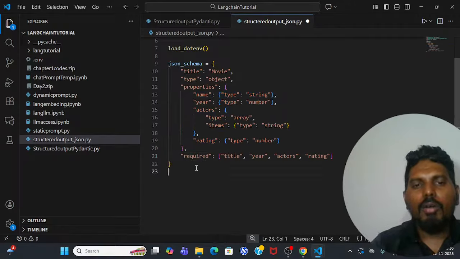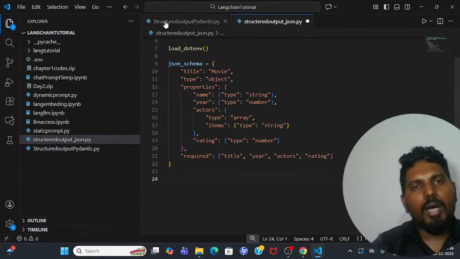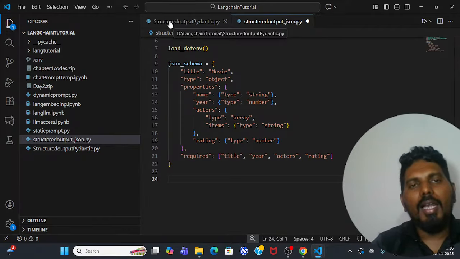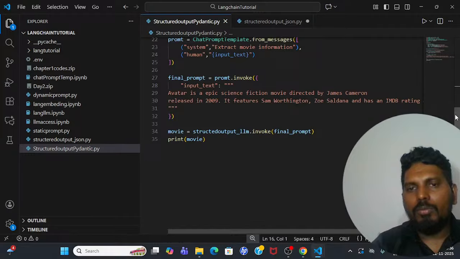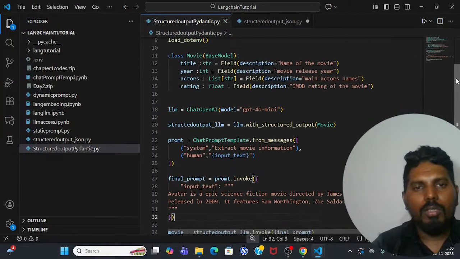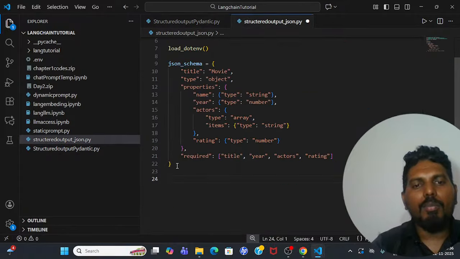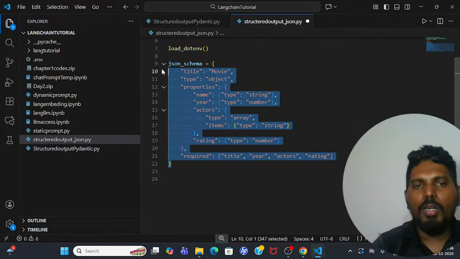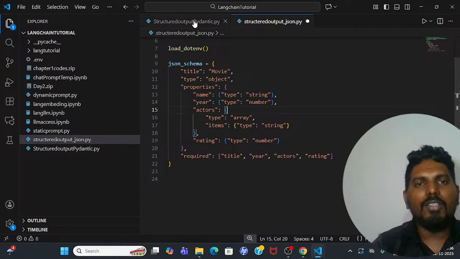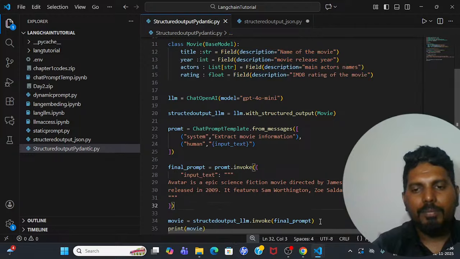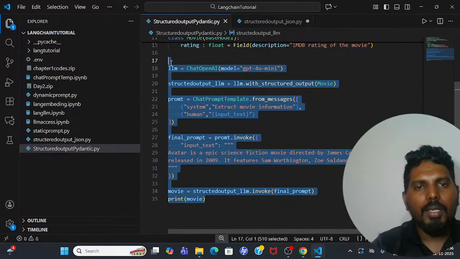All right. Once you have defined it, then in the same process, you have to declare a model and a structured output LLM as well. So the only change is this. Earlier we were passing a pydantic class; in this case, we are passing a JSON schema. This is the only change. Other than this, everything is going to be the same. So I will quickly copy all these things. Let me copy